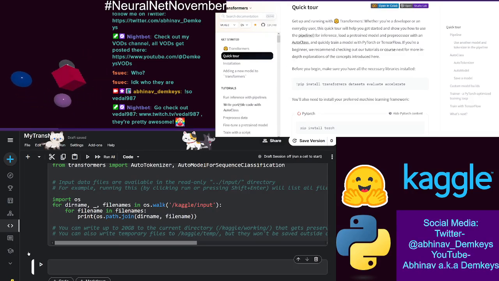So there's running inference, there's writing portable code with AutoClass. Pre-processed data, I need to look into that as well. Oh, I've also been doing research into various components, various NLP related components,